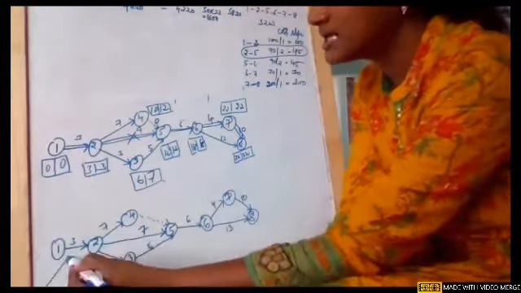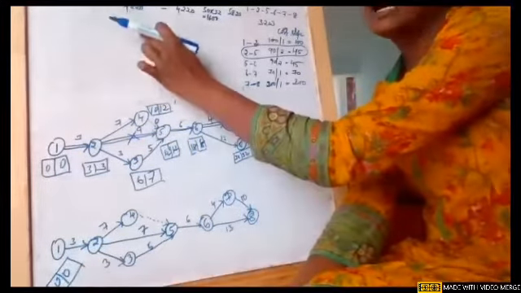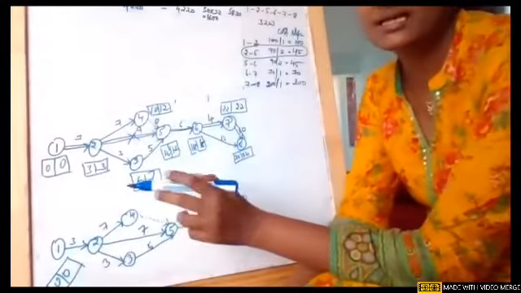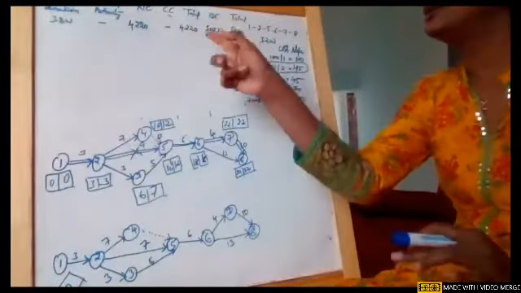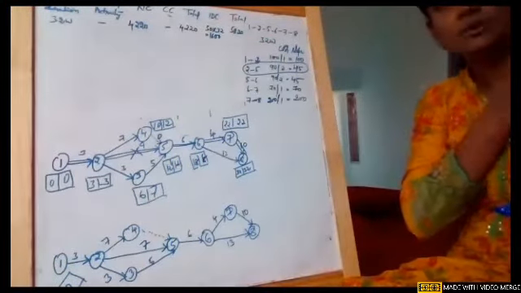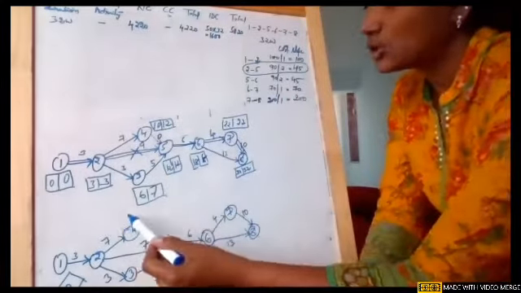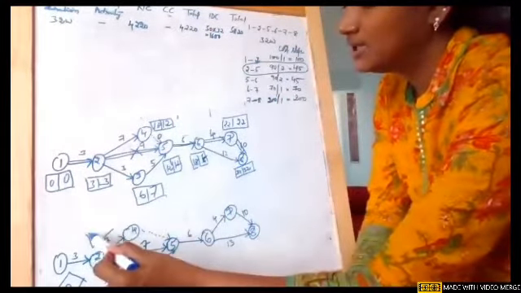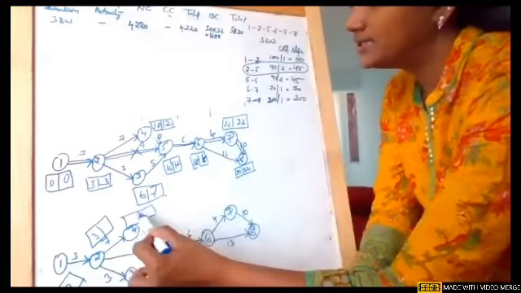So now if you see, first after calculating this, I'll show you the cost. In crashing, girls, when you're trying to attempt this particular problem in exam, what are you supposed to do? You need to keep this table at the end, and for every network you need to update those particular rows. Now if you see, near node 2 it is 3, near node 4 it is 3 plus